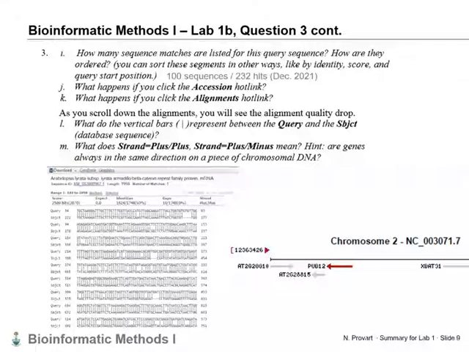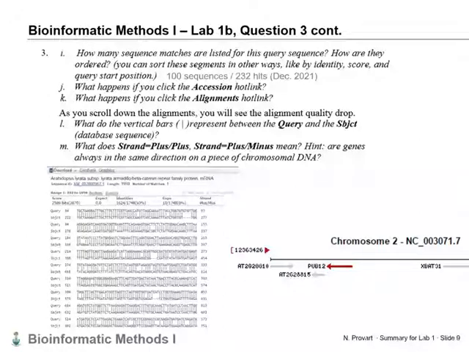So this end is 5' to 3', this strand is 5' to 3', and this strand is 5' to 3' on the opposite side. So pub12 is actually on the Crick strand in the case of